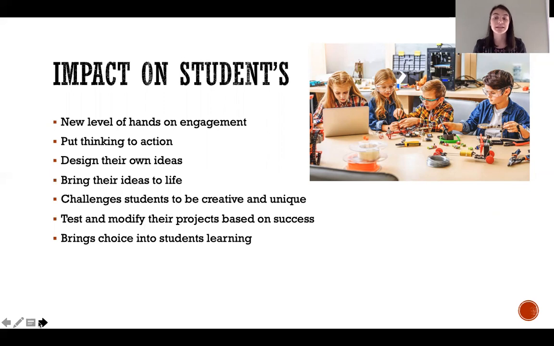They come up with ideas. They get to bounce their ideas off their peers and with teachers and their families to then design their own ideas based on their thinking. So they get to create a blueprint. They get to draw out their ideas or make it on a smaller scale. So then they get to bring their ideas to life, which is probably the coolest and most creative part of